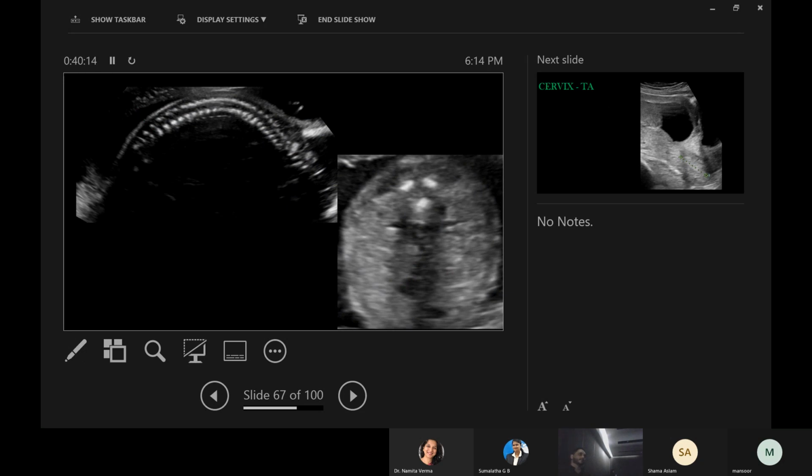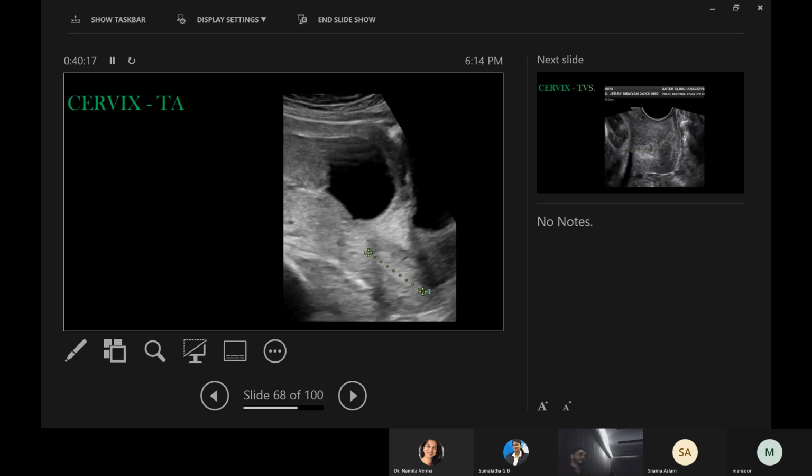I think we already saw this slide. Spine. Cervix. For taking the cervix measurement, it can be done transabdominal or transvaginal. The central mucosa of the cervix, the cervical plug, should be seen. The anterior lip and the posterior lip should be equal in width. The bladder should be seen, a small pocket of amniotic fluid should be seen, and the image should occupy most